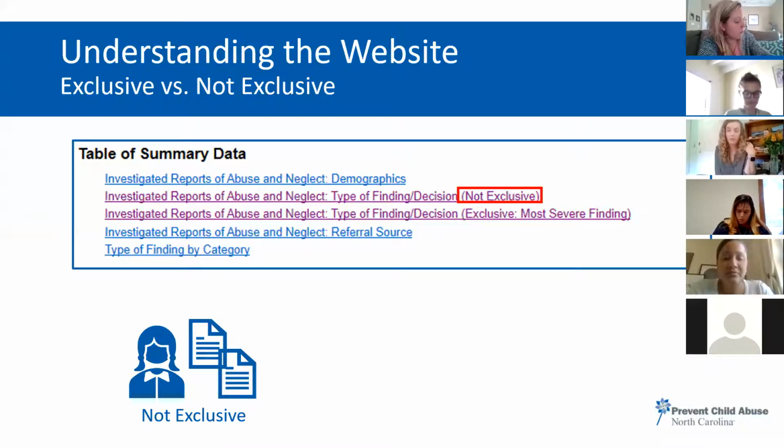But in this fiscal year, she actually had two different cases investigated. And one case had the finding of unsubstantiated, and another case had the finding of neglect. So in the not exclusive table, Sally will appear once, and then she will also appear under each of those columns. So every case related to that child is going to appear in the table.